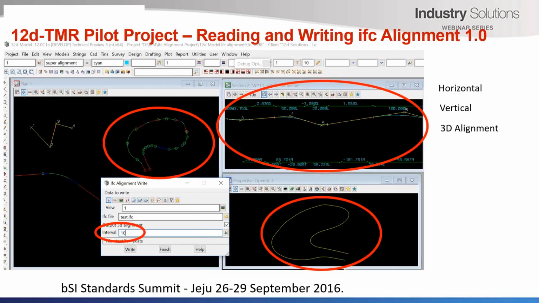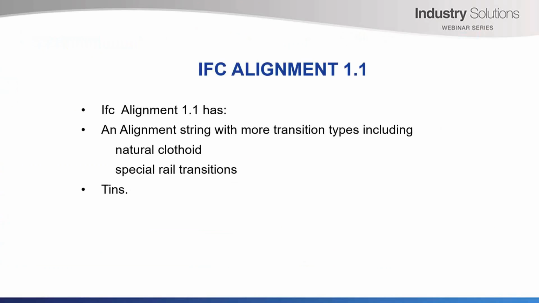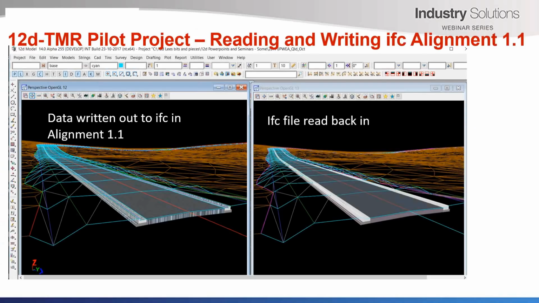So we were able to read and write alignment 1.0. Next, though, was alignment 1.1, and it actually had more transition types, so for rail and things like that, and it also had tins inside it. So basically, again, with the main roads project, we had for alignment 1.1, and this again was version 14. This is actually from last year,